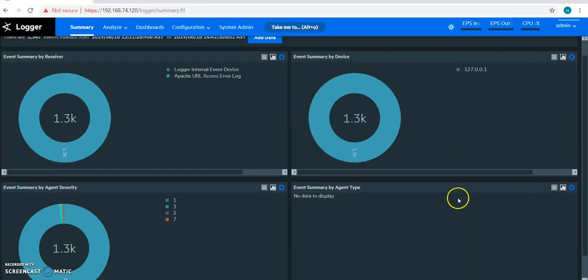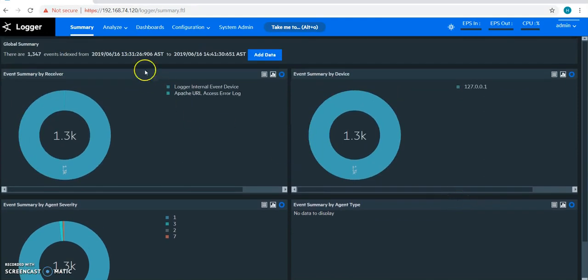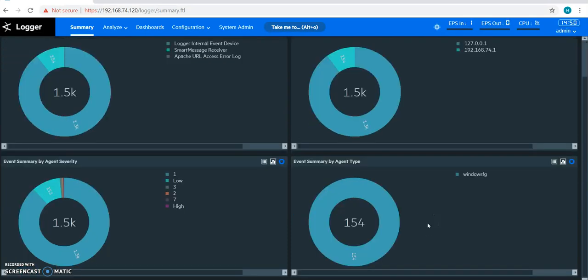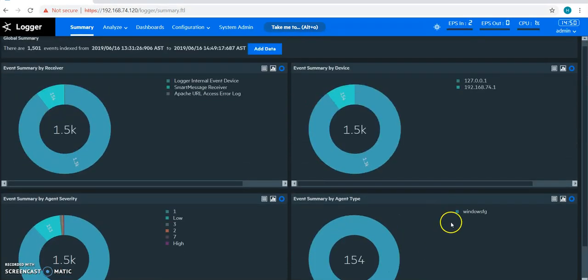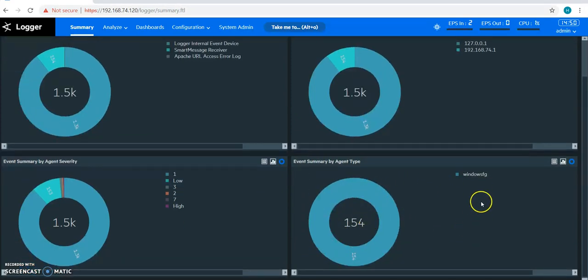So we'll refresh the screen and watch. Okay, so finally it takes around 2 to 3 minutes for this panel or widget to be updated, and we can see now the agent type Windows FG coming, and we